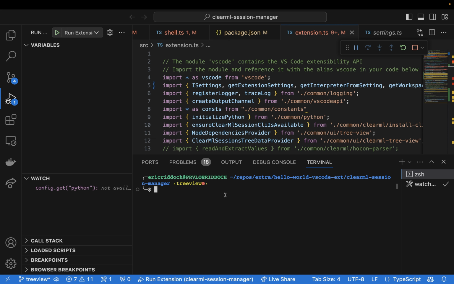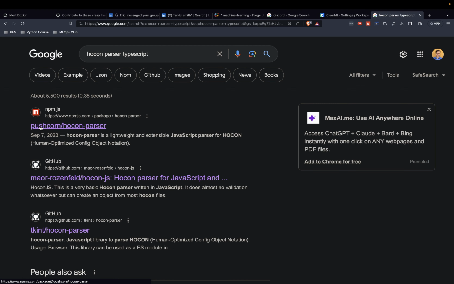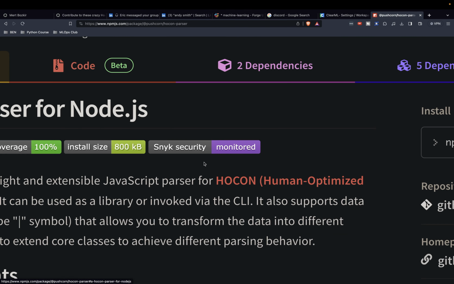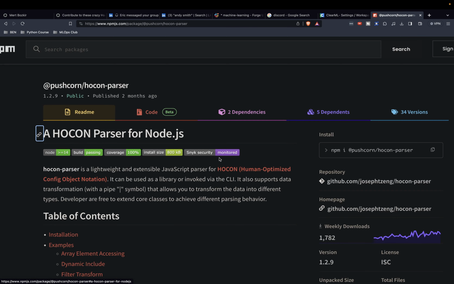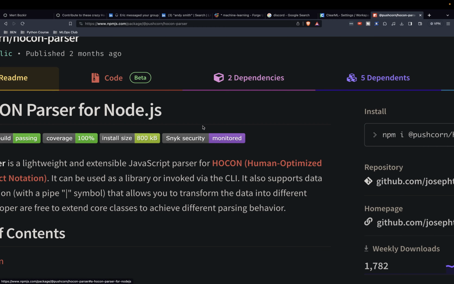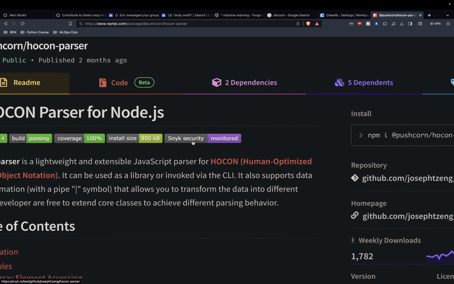There were like 6 libraries out there, but 4 of them hadn't been updated in 4 years or more, and of the other two, one looked decent. It was this pushcorn Hocon parser library. And what I liked about it is that they have this badge here saying that they're monitored by Snyk security. I didn't validate that, so I didn't look much further into this, but I like the idea